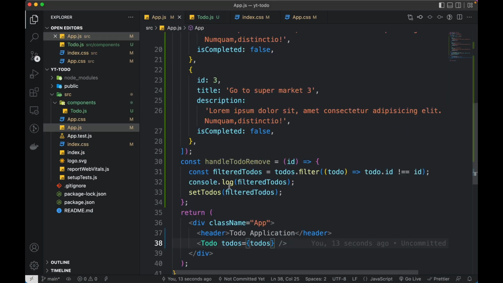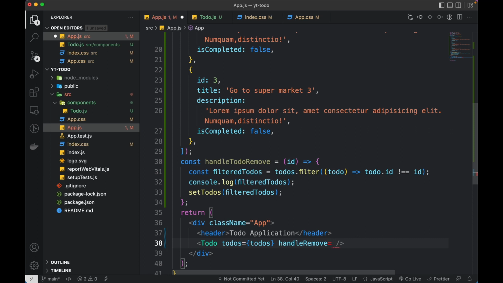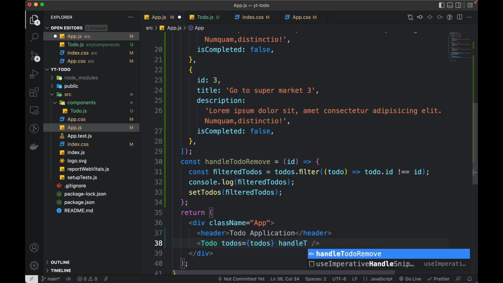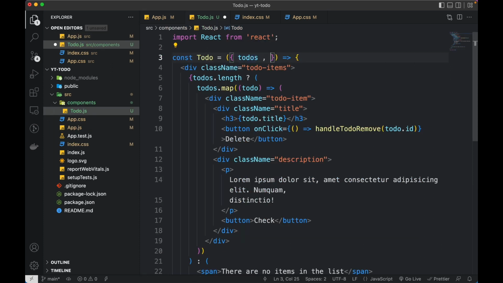So for the same reason, I can simply copy this handleRemove, handleTodoRemove equals handleTodoRemove, and I'll copy this and